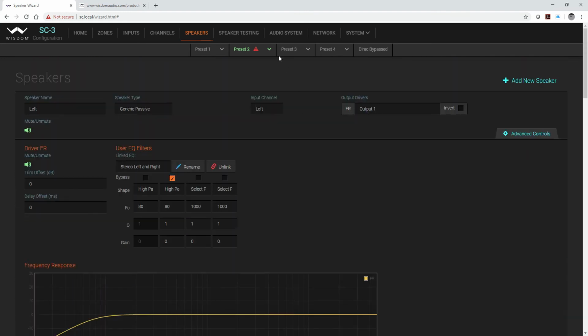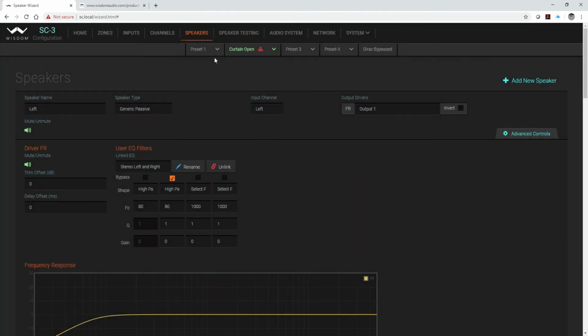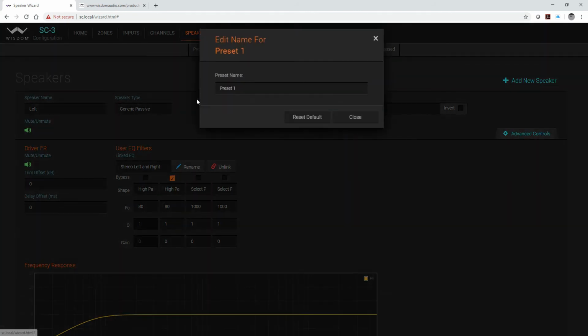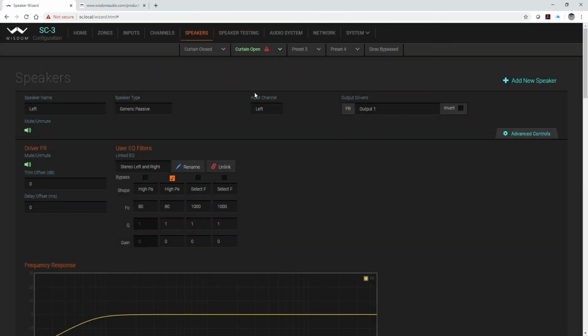The other thing that you can do at this point is rename these presets. I'm going to call this preset curtain open, and I'm going to rename this preset curtain closed. Now I've got 2 different presets, and the other great thing about this, now let's say I go back to my first preset